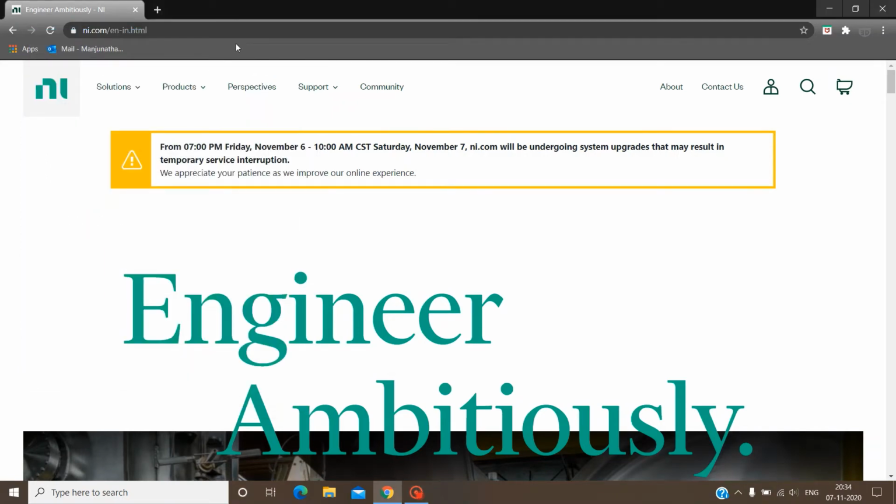I'm Edward. So today I will be showing how to install NI TestStand, which is a trial version, but still this tool will give all the features required for development of test cases, debugging it, running it, executing on the